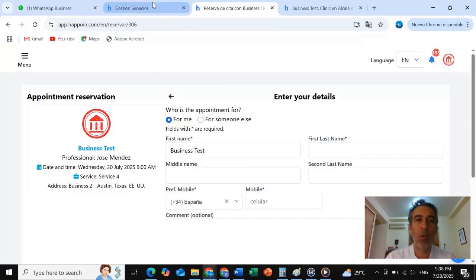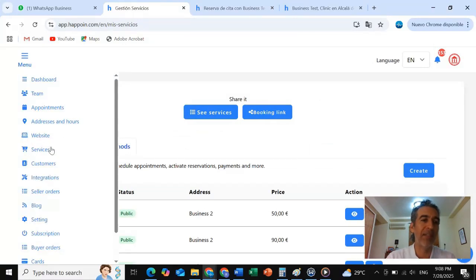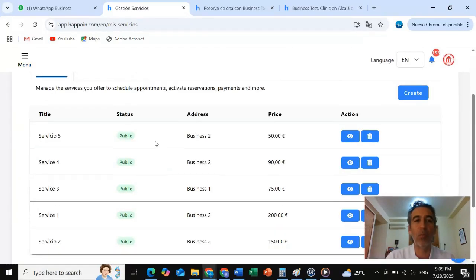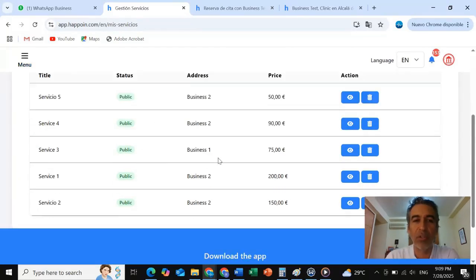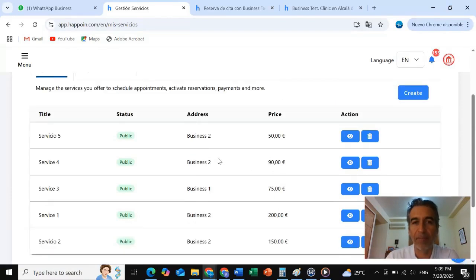To do this, you're going to go here in the menu to the option that says Services. When you enter here, you'll find all of these where you can publish the entire catalog of services that your business offers, right? And in this way, these services will be available not only so that when you schedule appointments, the system can track metrics, reports, and statistics about the services you schedule, the income they generate, and information about the services being booked. But also it allows you to enable a booking link so that your clients can